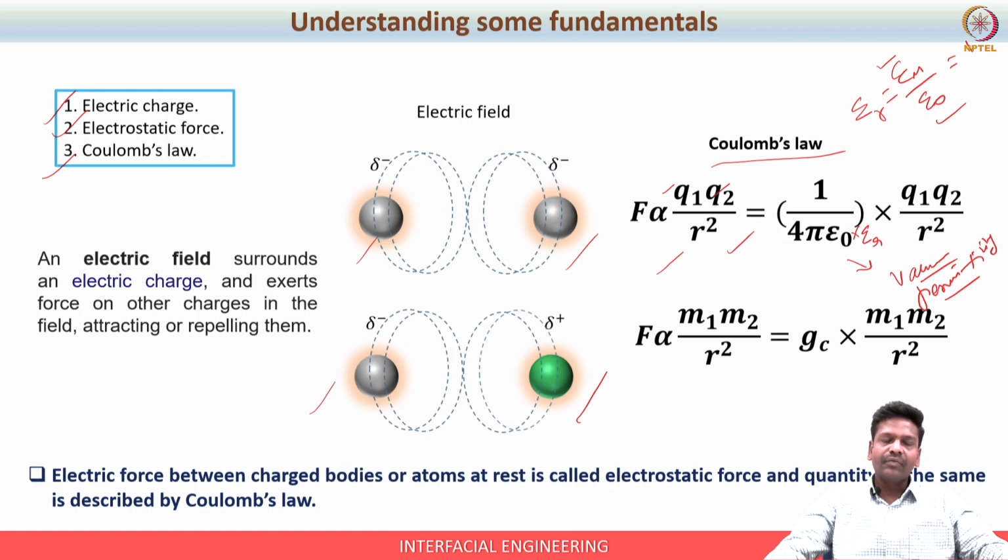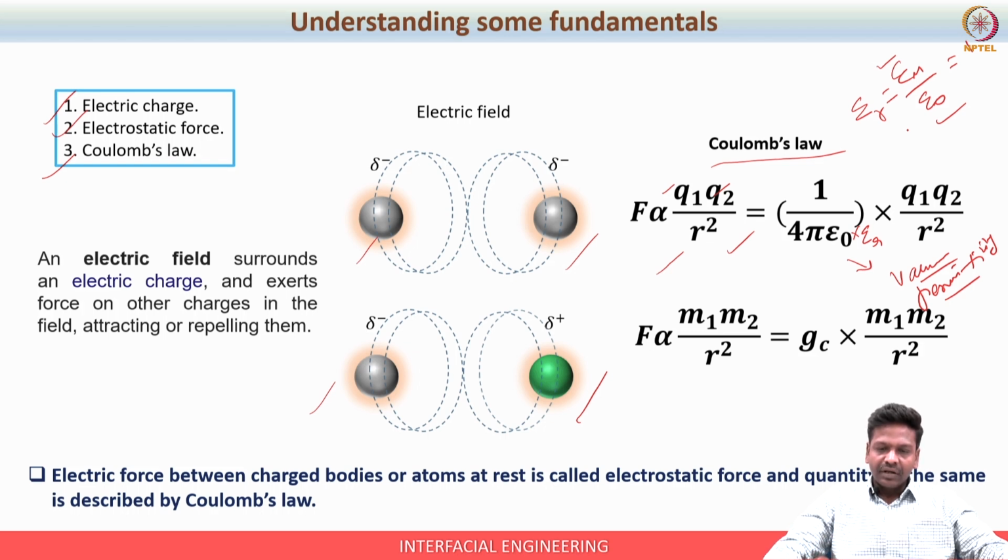So, irrespective of whether you are dealing with vacuum or with a medium, you need not worry. You can always use this generalized equation, which is nothing but 1 by 4 pi E naught ER. So the generalized proportionality constant will be 1 by 4 pi E naught ER. Whether you deal with a medium or with a vacuum, it takes care of itself. So for water, instead of E naught alone, you will be using E naught into ER.